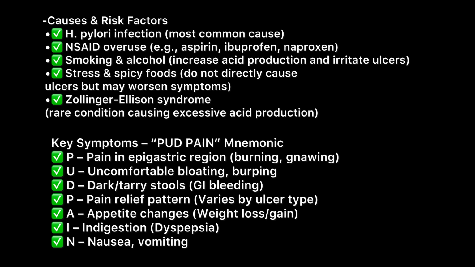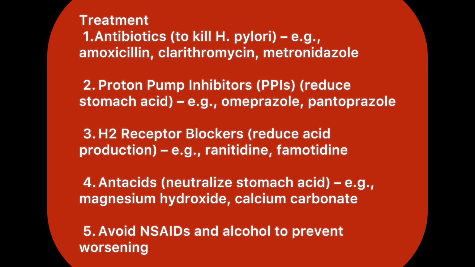Let's go on to the signs and symptoms: pain in the epigastric region, uncomfortable bloating, burping, dark tarry stools, GI bleeding, a pain relief pattern which depends upon gastric ulcer or duodenal ulcer, appetite changes, weight loss or weight gain, indigestion, dyspepsia, nausea, vomiting. For the treatment, antibiotics like amoxicillin and clarithromycin, a proton pump inhibitor (PPI), histamine receptor blocker, and antacids